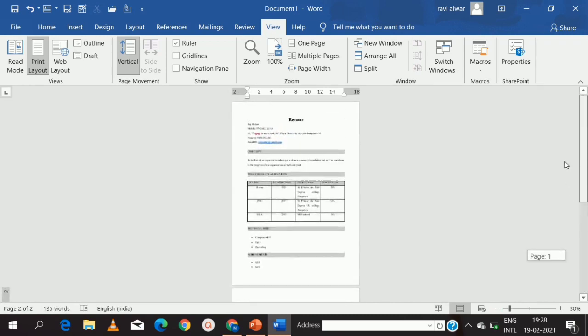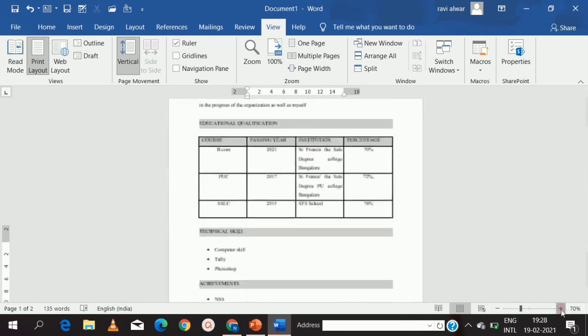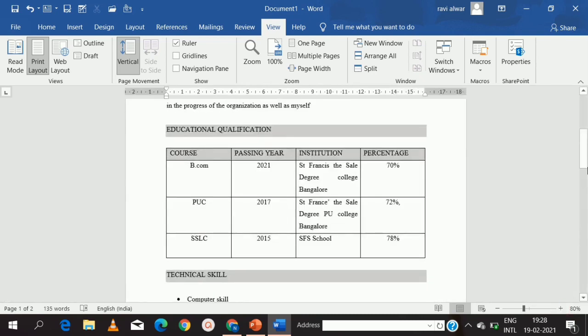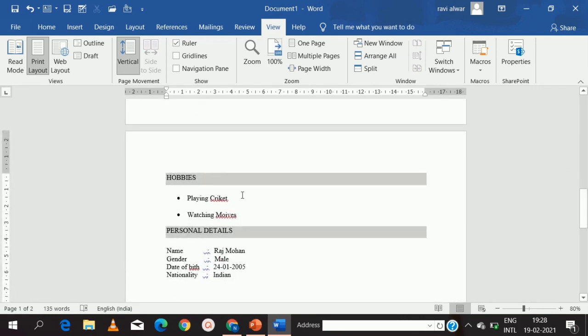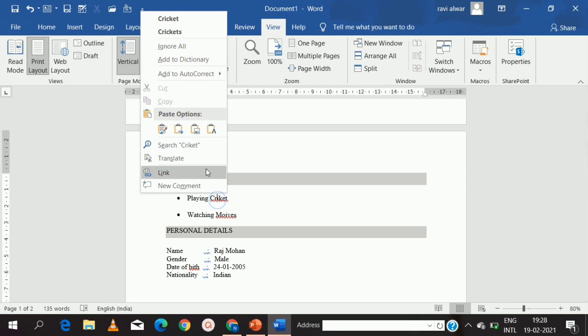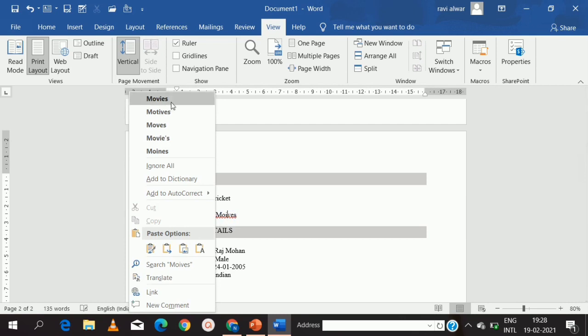See, this is how your document looks like. So I'm going to increase the size. See, these are the spelling mistakes. Just right click on that, you can change it.